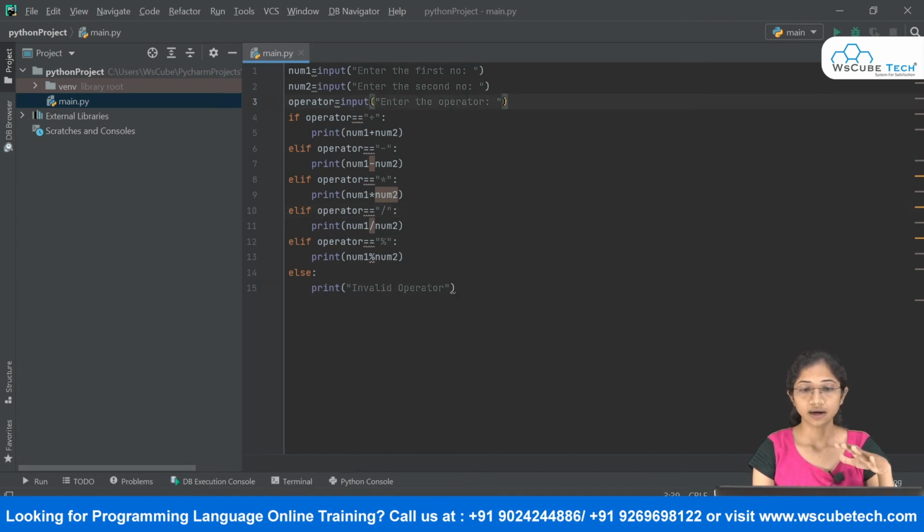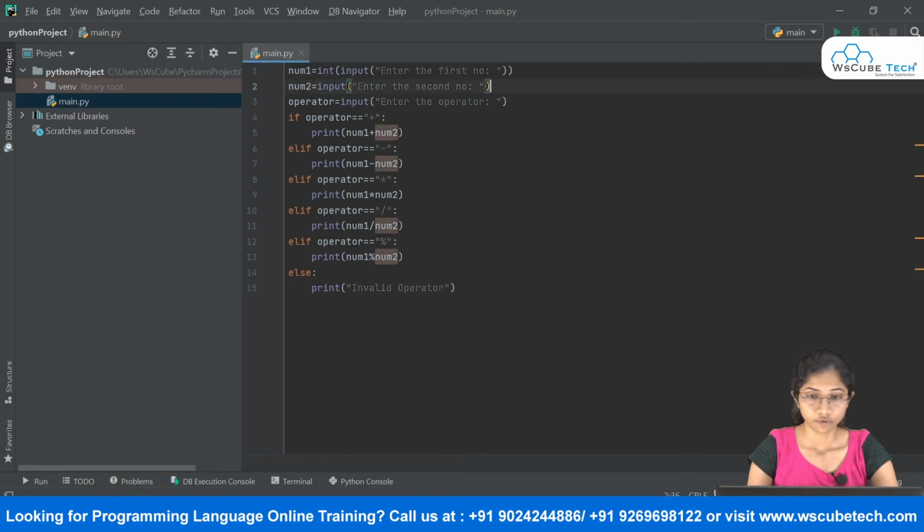And over here, as you guys know, by default our Python understands that this particular thing is a string. But we want to make our Python know that this is not a string, it is an integer. So I'm just going to make this int, and I will even do the type conversion for my second variable, that is num2, because this would also be an int. And now you can see that we are not getting any error over here.